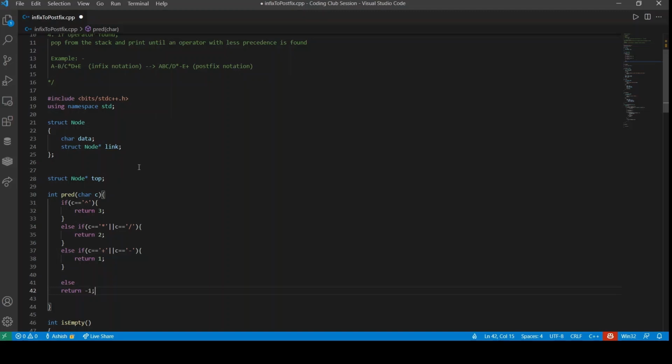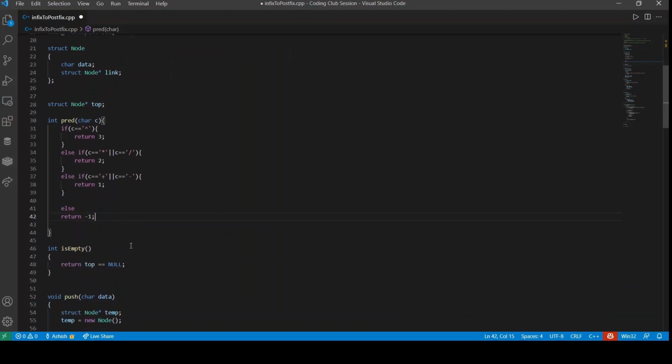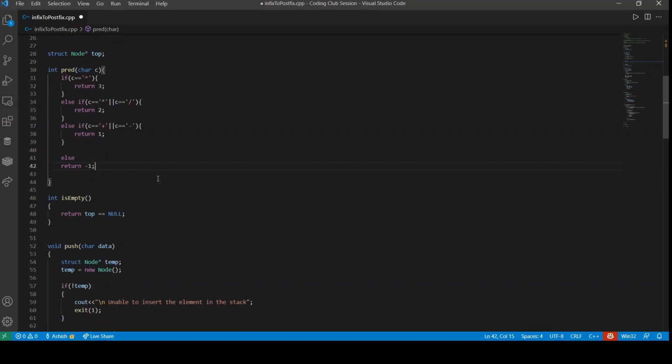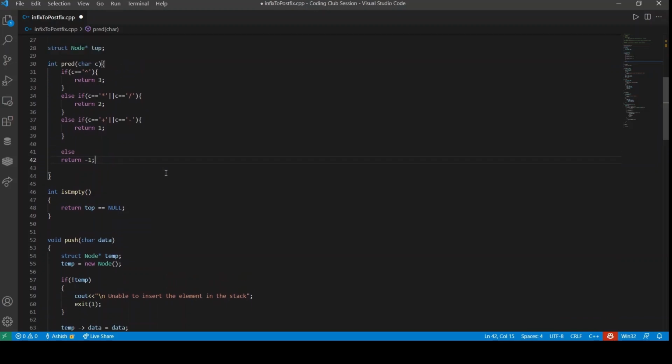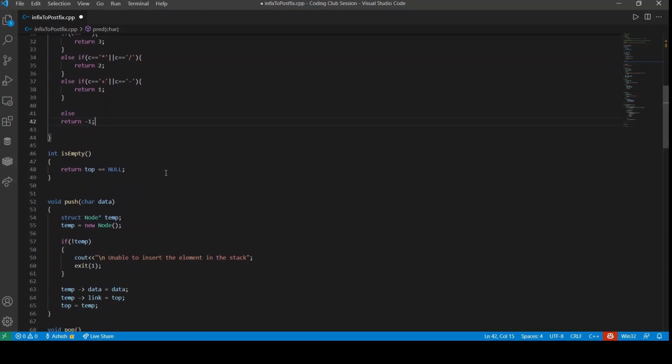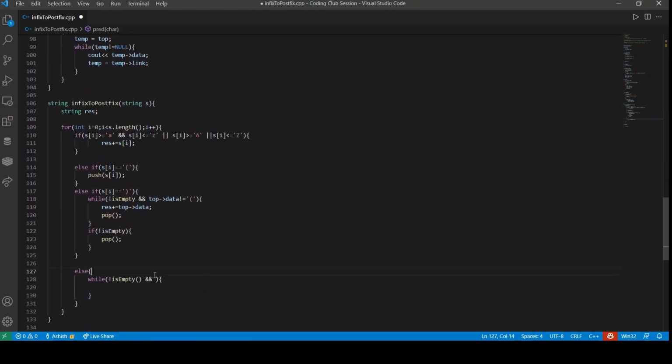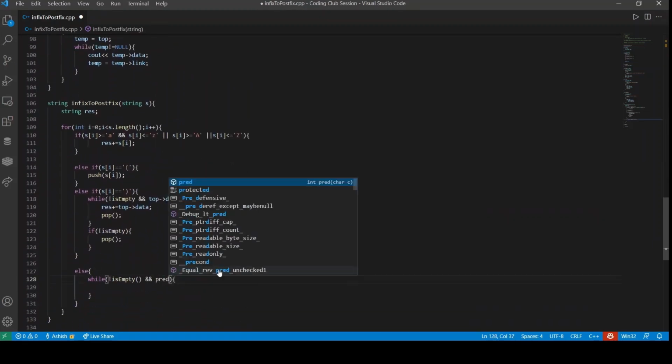Cool. So this is the precedence function for the operators: the power operator, then multiplication and division of the same precedence, and plus and minus of the same precedence. Here we'll be using this precedence function.